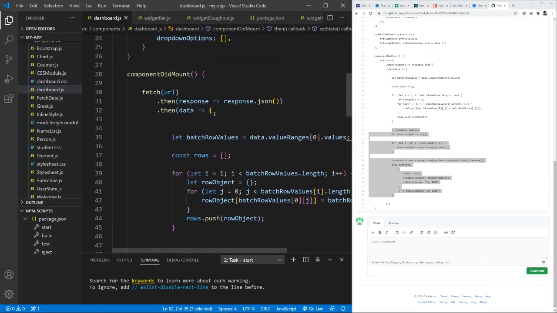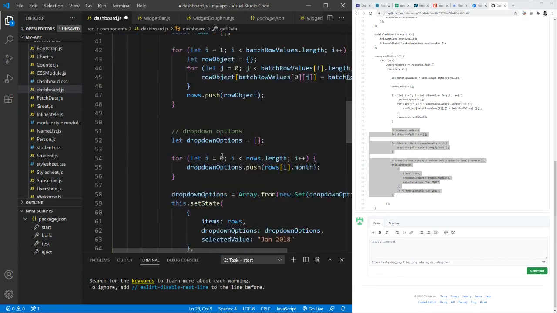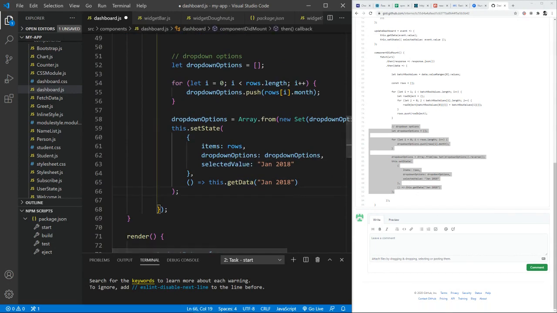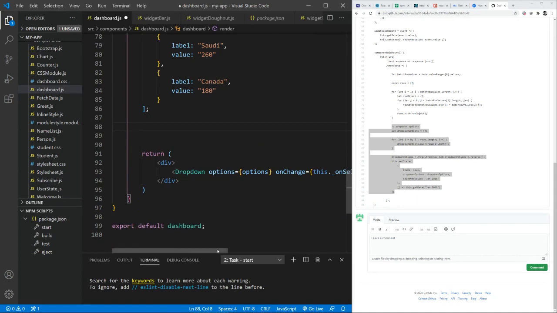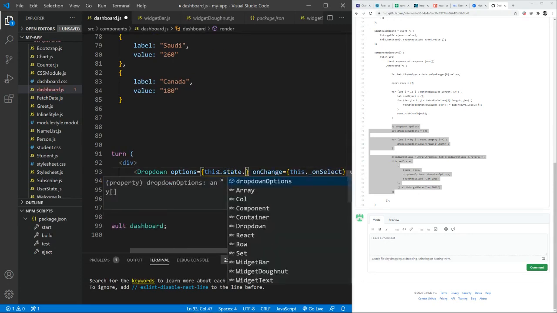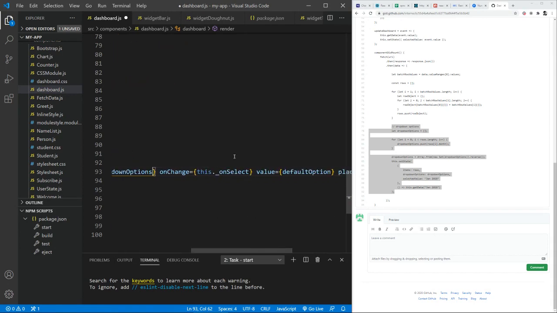So we will now go in and create a function called getData, just so we don't get an error. And the next thing should be that the values that we had over here, we will just remove them, and our drop down should be functional. So that should be our goal. So in the options, we'll write this.state.dropdownOptions. So on change for now,